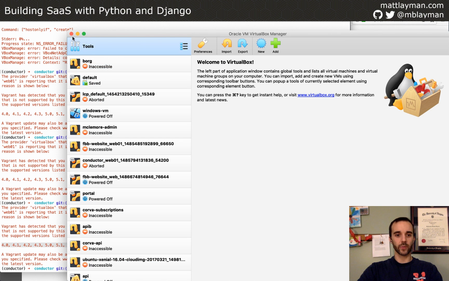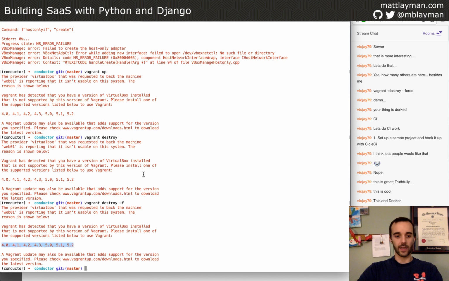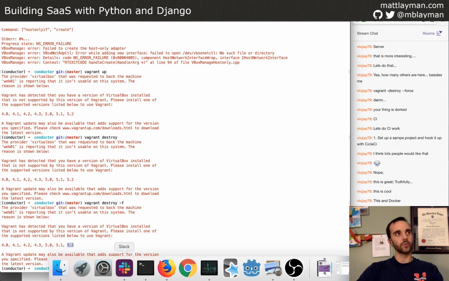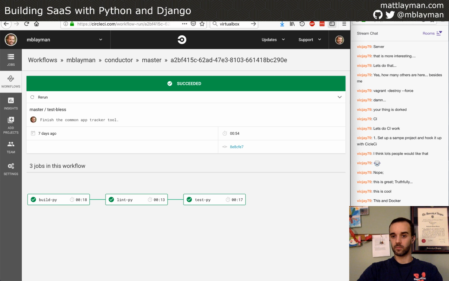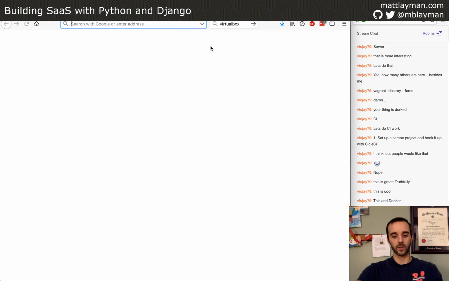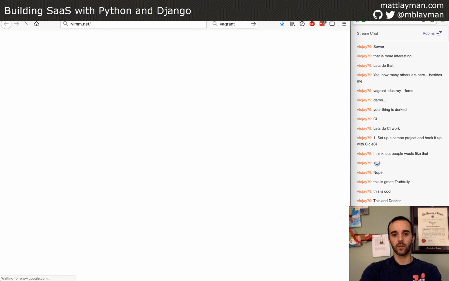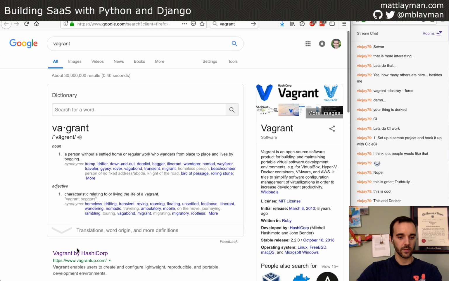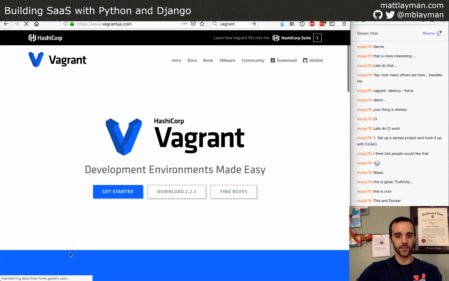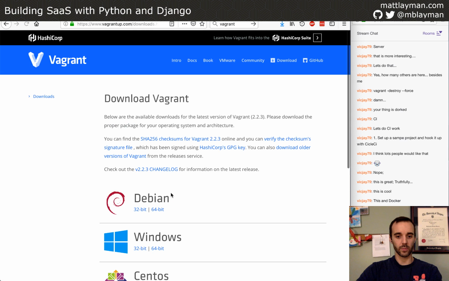So I just installed VirtualBox 6, and it is very clearly saying here that this version of Vagrant, anyway, supports only up to 5.2. Okay, so we can try and solve this one of two ways. I'd rather upgrade everything, if that makes sense. So we're going to go to Vagrant and see if their latest version supports